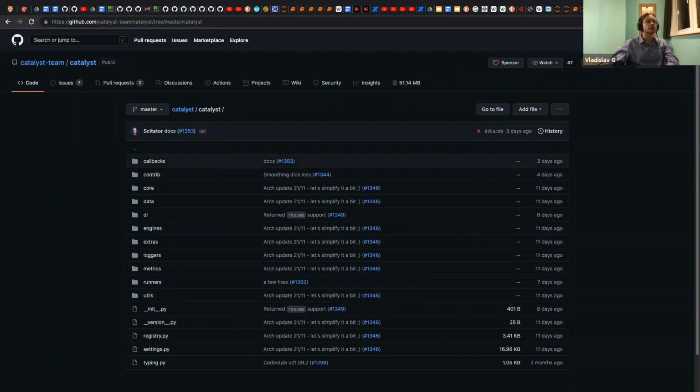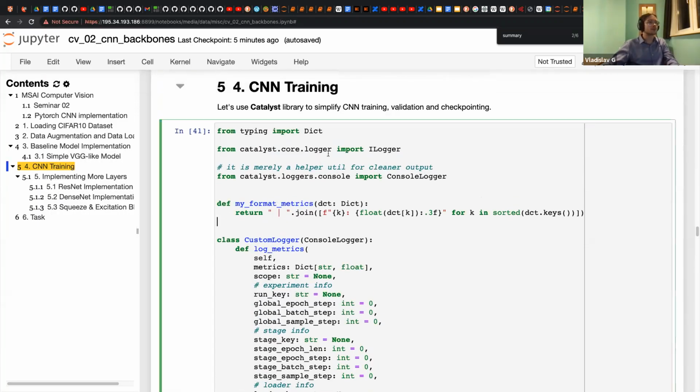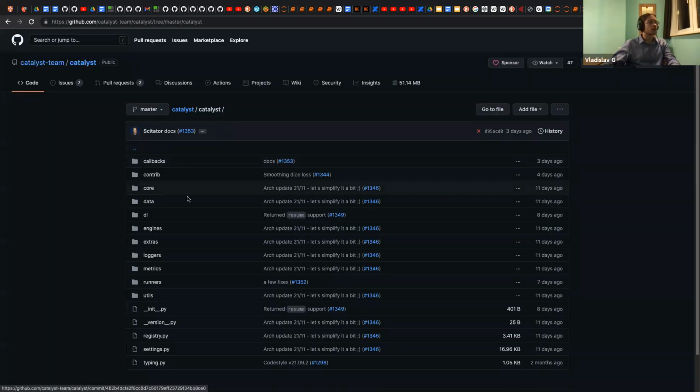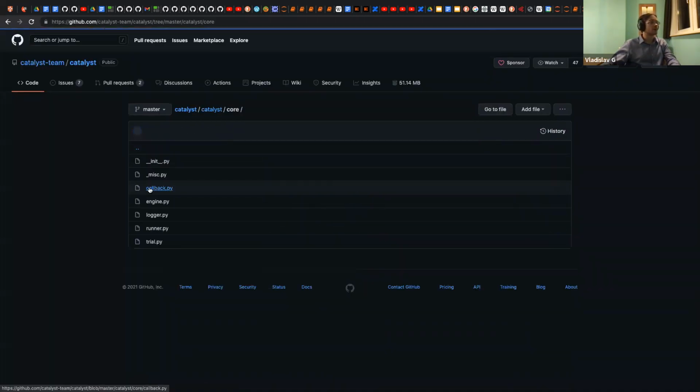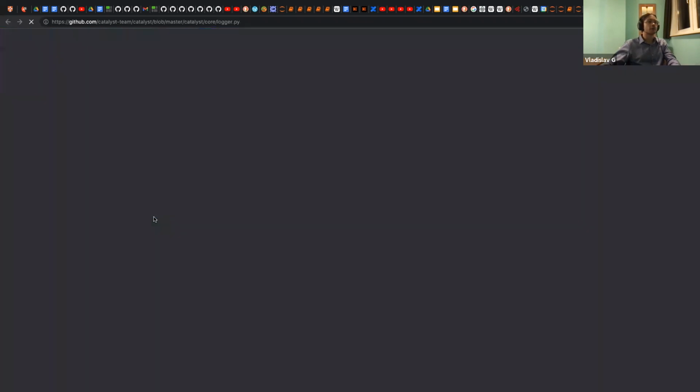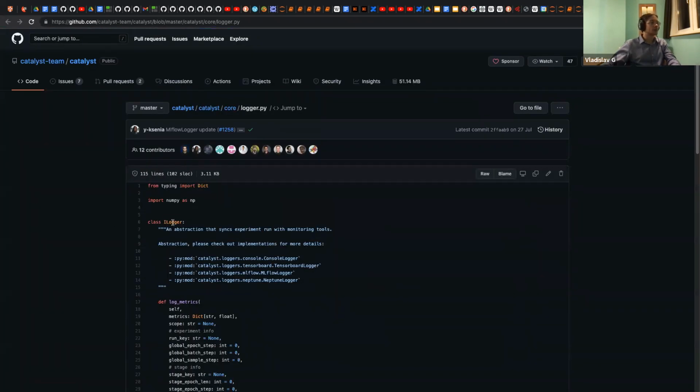Let's move this to this point, and we have imported Catalyst core logger. So we go to core and we go to logger.py, and what we see here is this interface of ILogger.